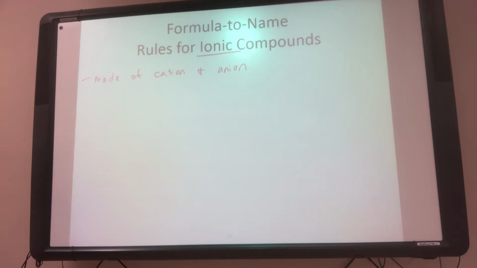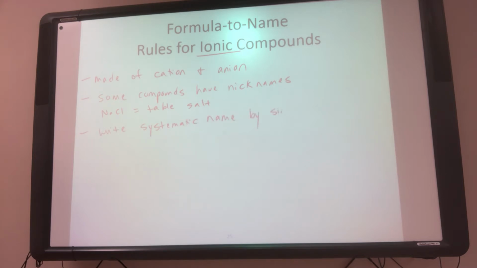Alright, now when we talk about names, some compounds have nicknames. That's not what we're talking about. So for example, NaCl is usually considered table salt. That's not what I want you to name it. That's actually sodium chloride. So we're going to use the scientific name. Okay? So we're going to write the systematic name